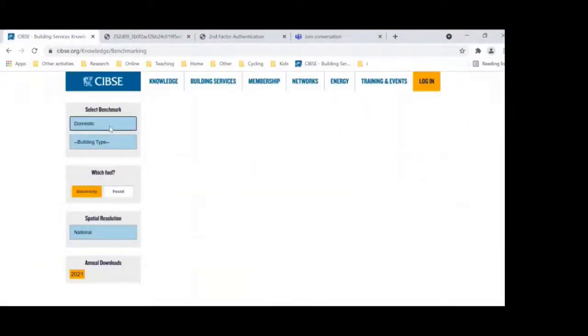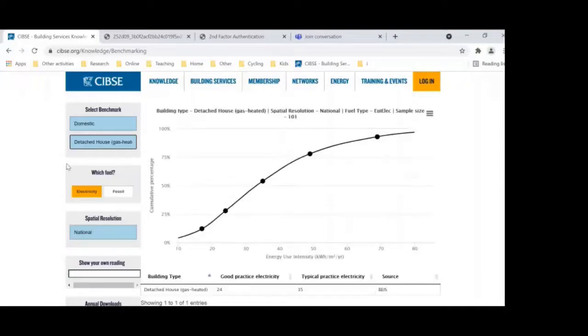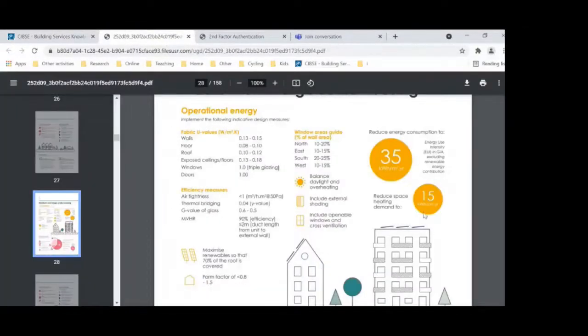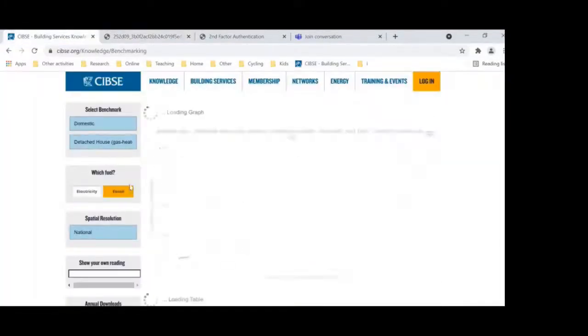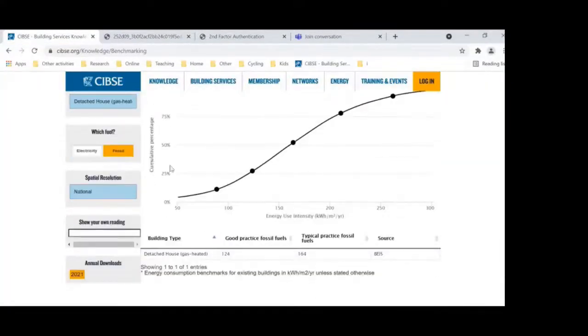So trying to relate that figure to different domestic building types would be quite a challenge. But if we did want to compare it, so the target here was 35 and heating was 15 kilowatt hours per square meter, then what we can do is, in this box, you can simply,